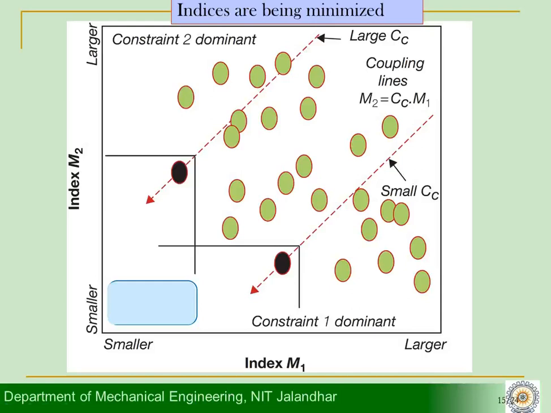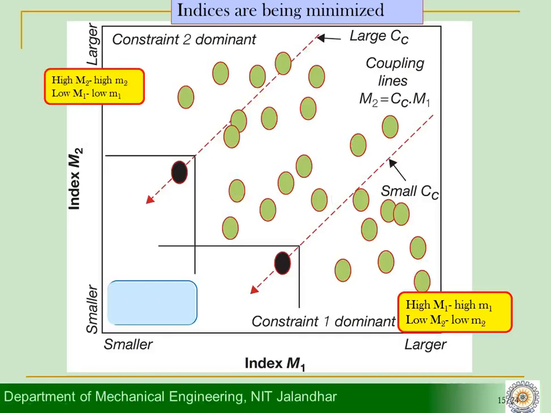If you instead plot the maximization of the indices, things will get reversed, and the best solution will come in this zone. But right now we are saying that the best solutions are available here in this box, in this region, and this is the search region. And we look at the solutions one by one. So the solutions which are available to us here, what are they? These solutions.